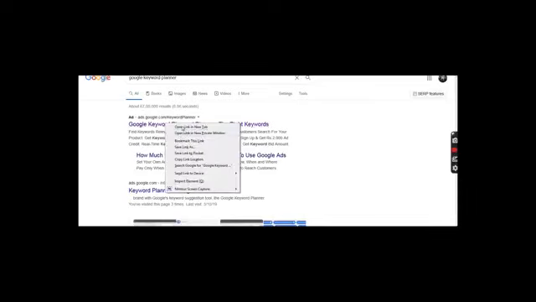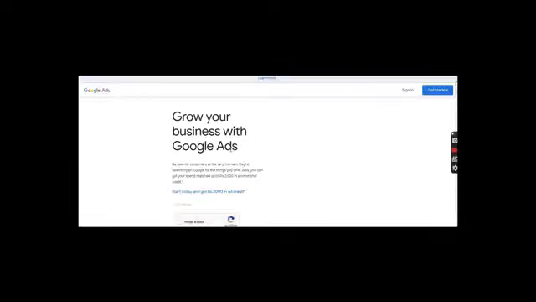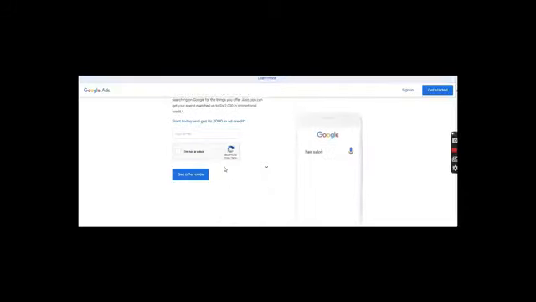So this one is the organic result, and before that is the Google Ads. So don't worry about it. You can still click it, and you will go to that tool. Yes. So we are just in this tool. Hold up for a second. It is taking a bit of time. Maybe the internet is slow. Okay, now we are here. So we are in the Google Keyword Planner tool.